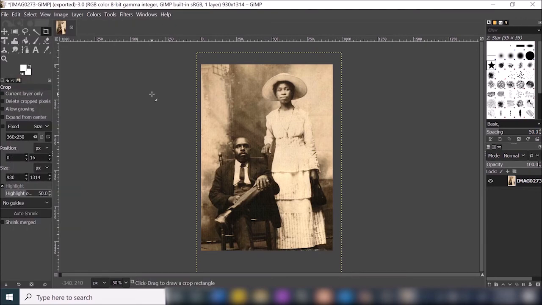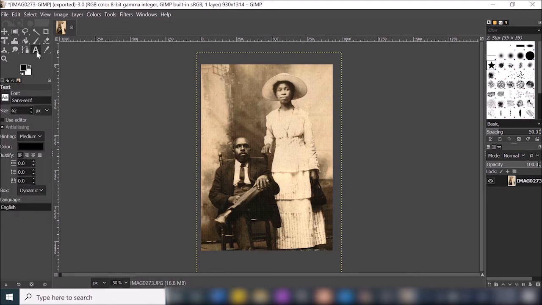I'm going to add some text. So to do that, I can click on this A icon here, and I can click and drag where I want to put that text. So it creates a box for me. It gives me this little pop-up window here to choose the font as well as the font size of my text. So if I wanted to change the font,